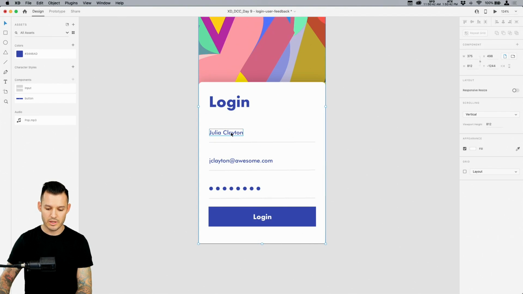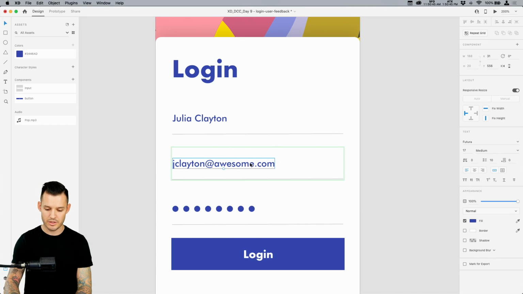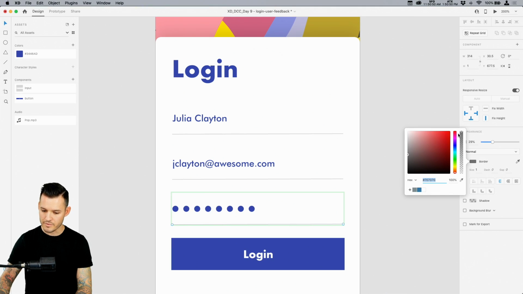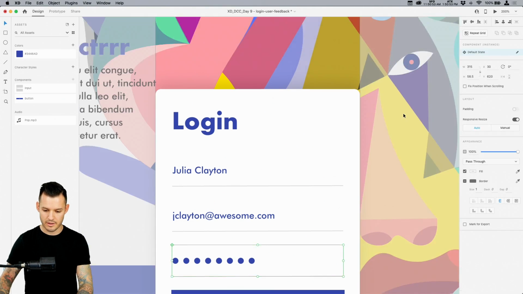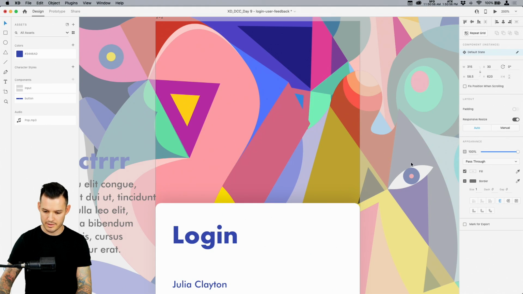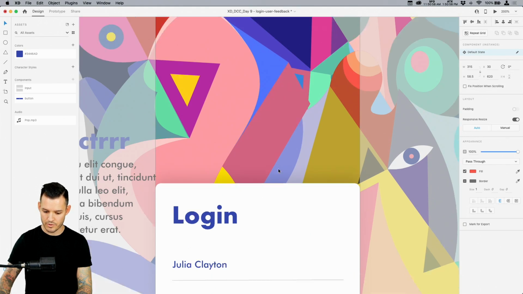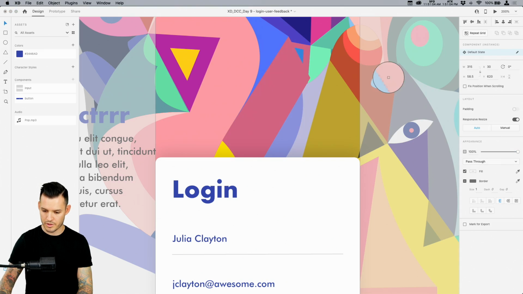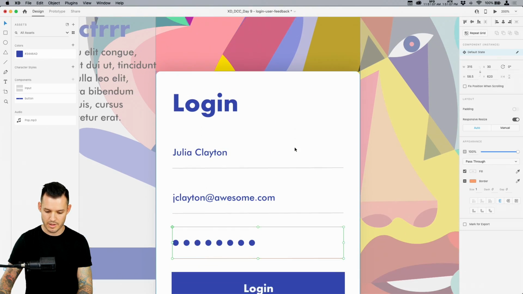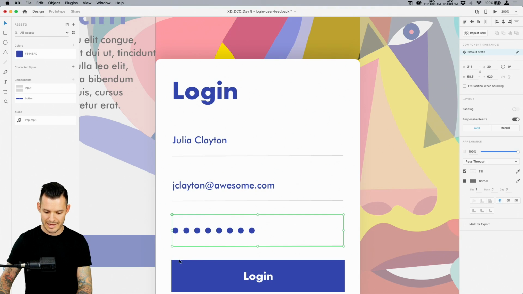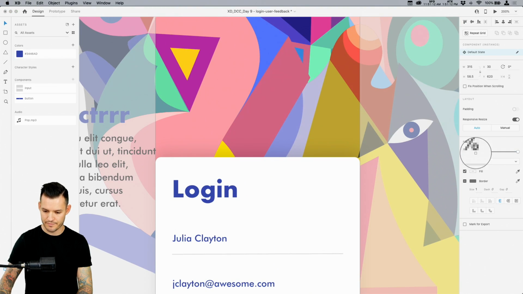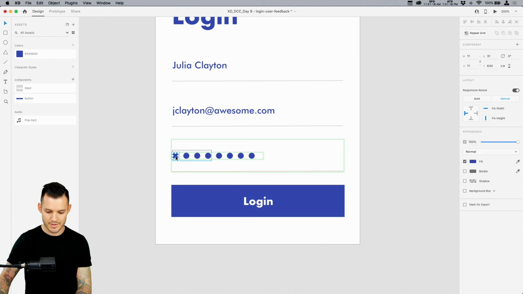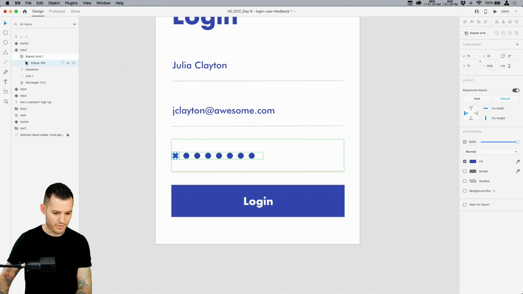So let's do an error like this has been good, but maybe the password is incorrect, all right? So let's take our line. Let's find a red color from our design. Why don't we fill that line with that red? Woo, no, border, sorry. We're getting that border color to be this red or maybe this orange. I'm down with that. Anybody feel good about that orange? Nah, that's not bright enough. We definitely need the red. Sometimes I try to stay away from reds because I'm like, is that too much? But you know, sometimes it's not too much. Sometimes you got to do what you got to do. You got to throw that error state red in there.